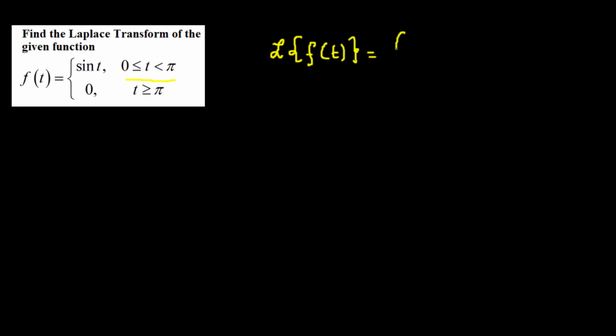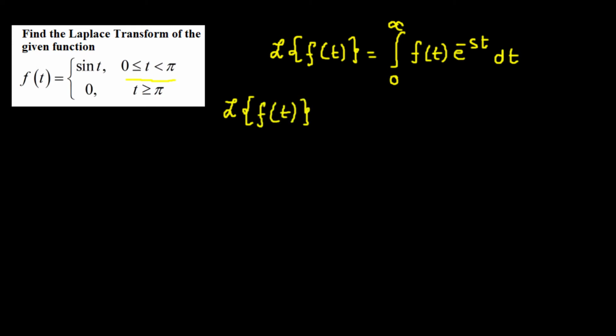is defined as the integral from 0 to infinity of f of t times e raised to the power of negative st dt. So we have the Laplace transform of our given function f of t. Now since this is piecewise continuous, we're going to break the integral into two parts. Our first integral is going to run from 0 to pi, and within this interval the value of f of t will be replaced by sine t